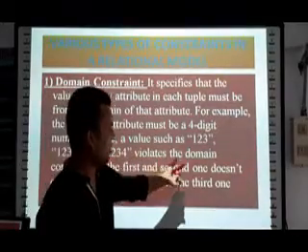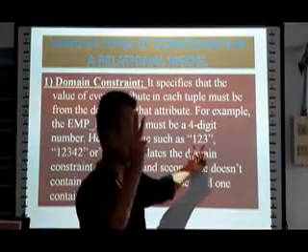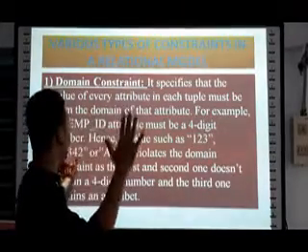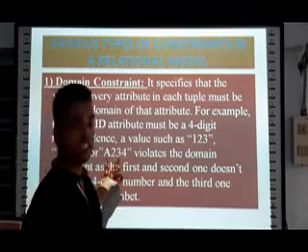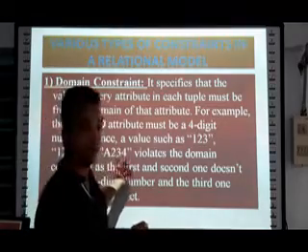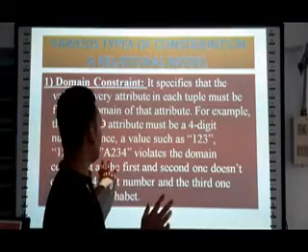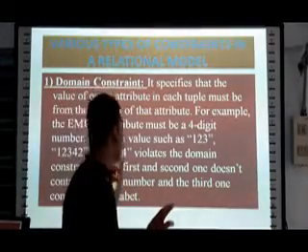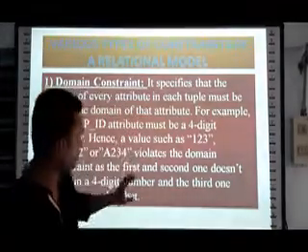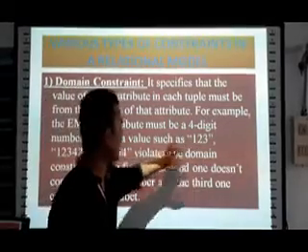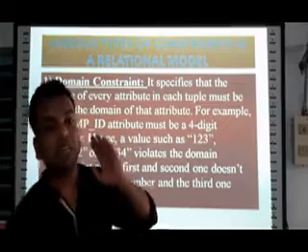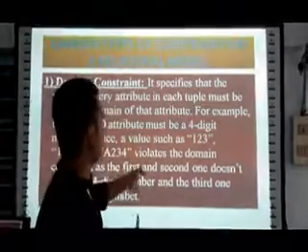So see here, the first value 123 is a 3-digit number, correct? Then the second value 12342 is a 5-digit number, and the fourth one consists of a set of alphabet and number in the employee ID. The first one is A followed by the number 234, correct? So these three values are violating our constraint that has been put in our attribute, correct?